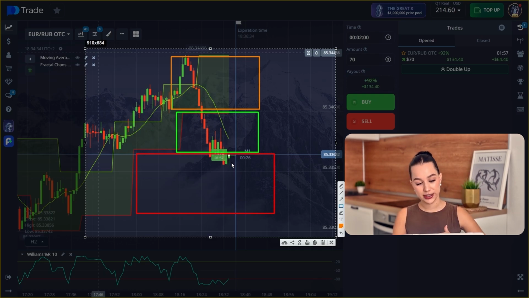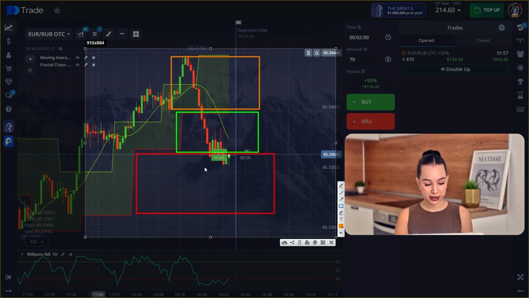between the green and red rectangle because it's like the past support level, but actually it's a fake breakout, and we can see it by the green candles when we opened a trade, and also on the candle that's going on right now we can see a pretty big lower wick that's showing us that the sellers were trying to go lower but they couldn't, and the price immediately rose up. So that's why I think our price should go in the upper direction and should continue going in the green